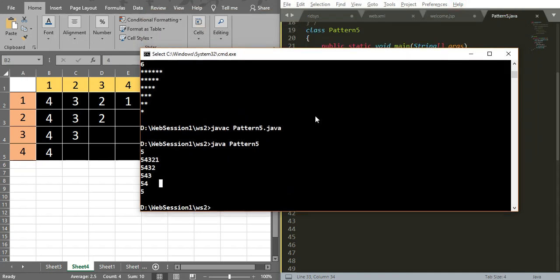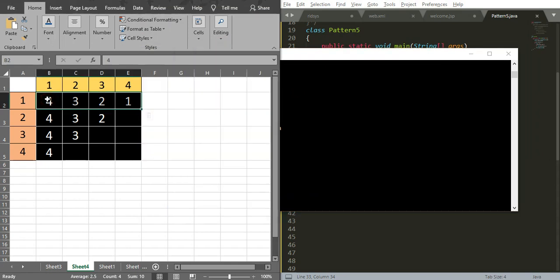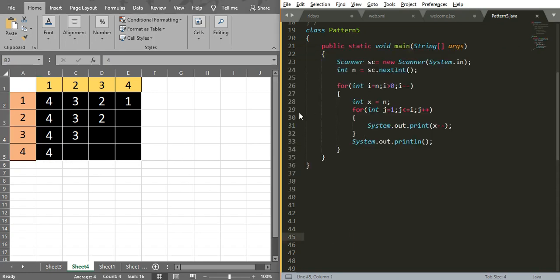For this purpose only: if you look at the first column, we are starting with only the value n, so that is why I have to print the value n for the first column. So that is why I am storing the value n inside the x variable. Each time, after printing a 4, I am decrementing the value of x.